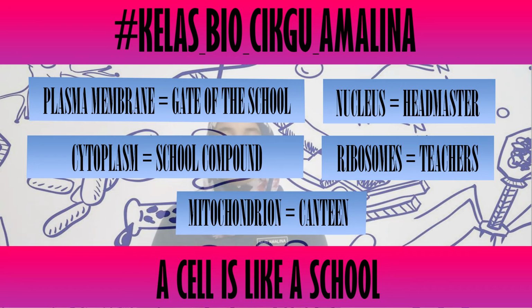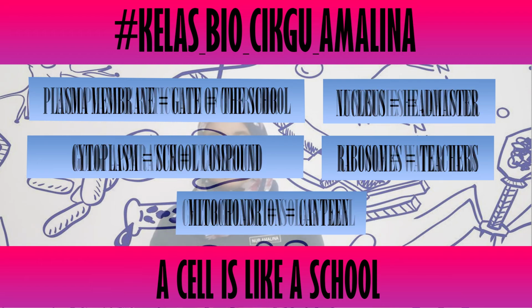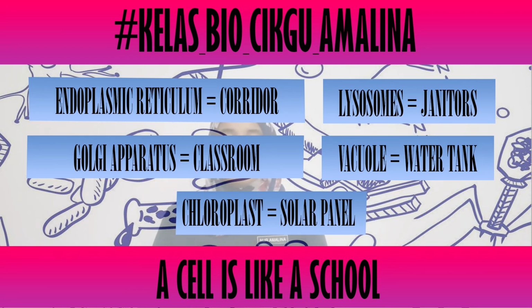Plasma membrane is similar to the gate. Cytoplasm is similar to the school compound. Nucleus is similar to the headmaster. Ribosomes are similar to the teachers. Mitochondrion is similar to the canteen. Endoplasmic reticulum is similar to the corridors. Golgi apparatus is similar to the classroom. Lysosomes are like the janitors. Chloroplast can be compared to the solar panel, and the large central vacuole in a plant cell is similar to the